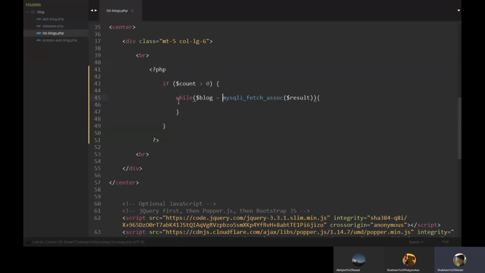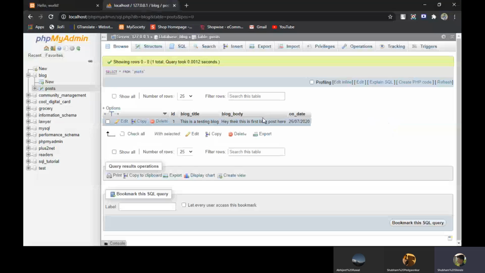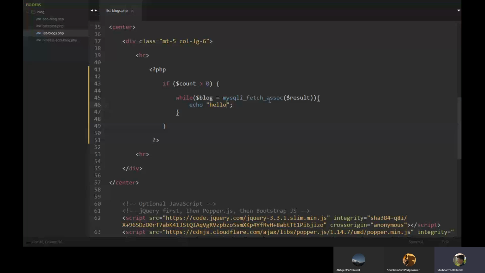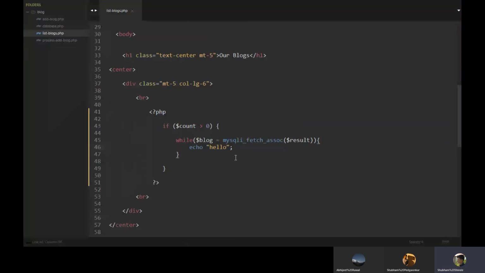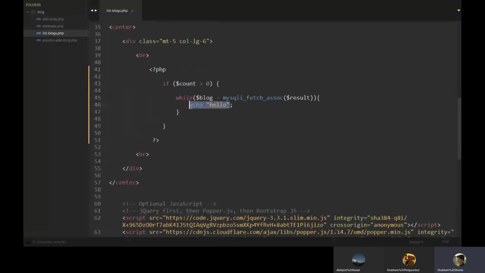One record is stored in $block, so we will just echo hello. Now in the database we have one record, so this loop will iterate one time and show echo hello. For demo purpose we have put echo hello.